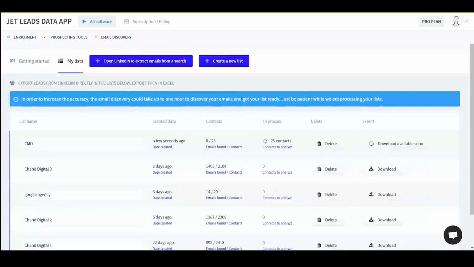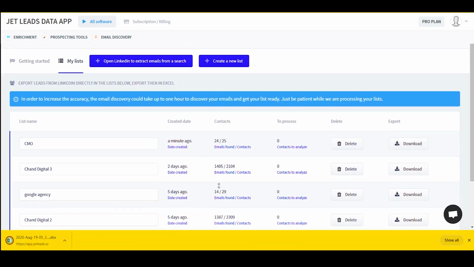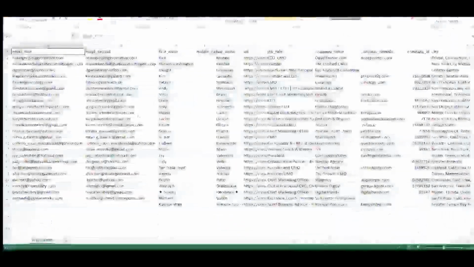Once the contacts are saved in the list, the tool will automatically start finding their emails from the internet. In a few minutes your list will be ready, and then you can extract the file for your ready use. Since the extraction process does not generate visits to LinkedIn profiles, you can get as many contacts as you want each time based on your search.